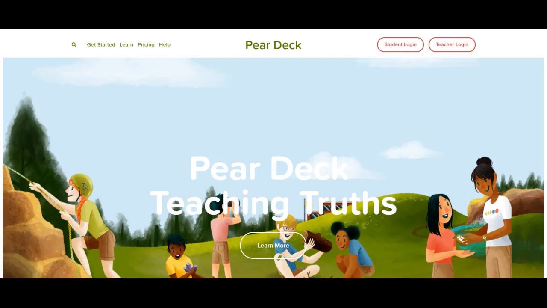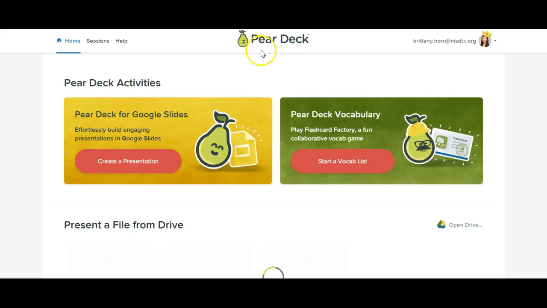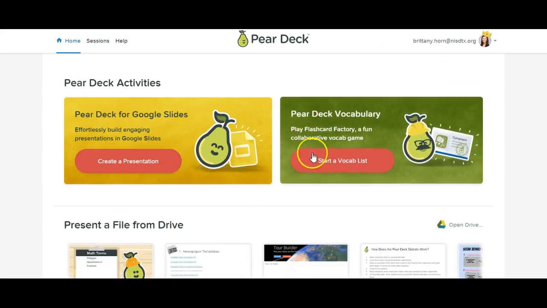Not only does Pear Deck offer the option to make slides interactive, it also has a really neat vocabulary feature called the Flashcard Factory. In order to run Flashcard Factory, you're going to go to peardeck.com and log in as a teacher. To create slides, you usually go from Google Slides, but from peardeck.com, it gives you the option to either 1, create a slides presentation, which will take you to Google Slides, or 2, create a vocabulary list to